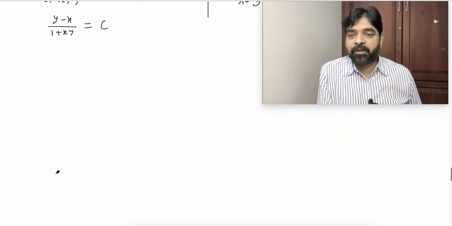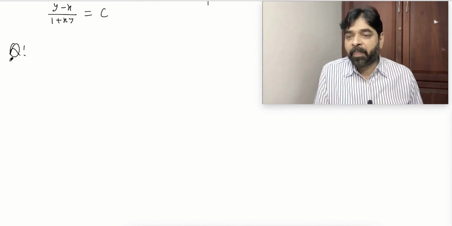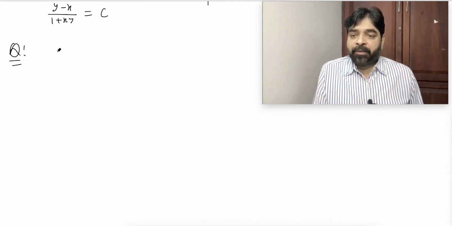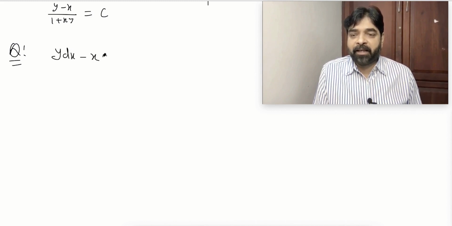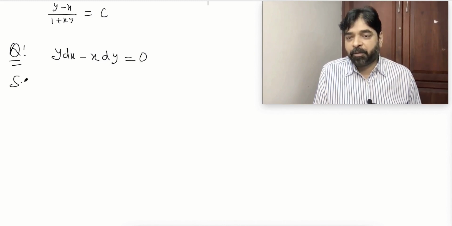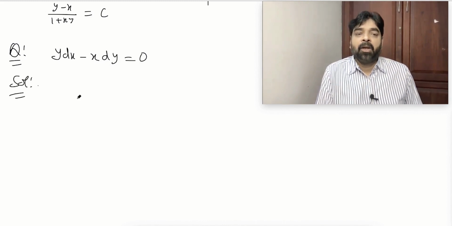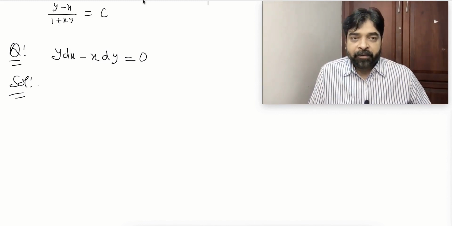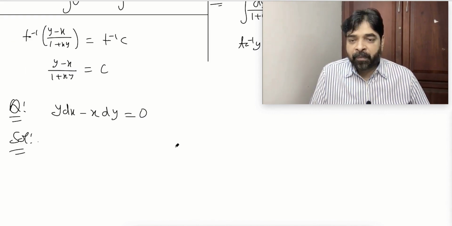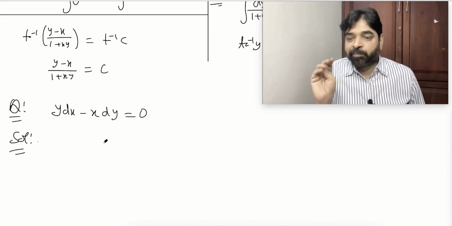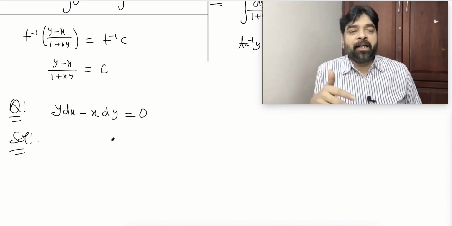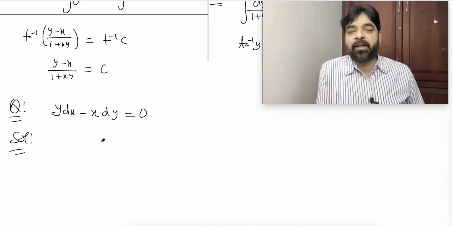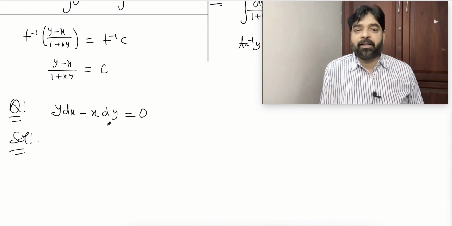Now another question. Let's do a few questions so that we can get a better idea. y dx minus x dy equal to 0. Suppose we need to solve this. Just hold on, somebody has a doubt. Okay, look at this question. In fact, at a later stage you can do this question orally. There is nothing to it. By using the exact method, we can do it very easily.